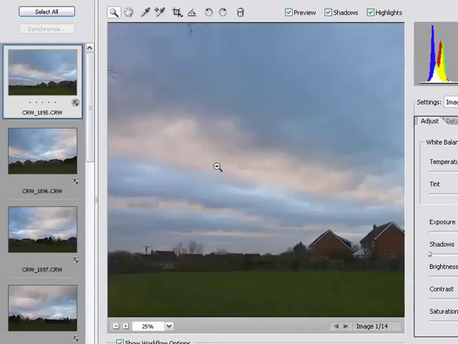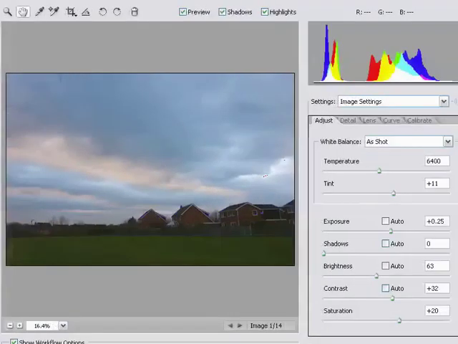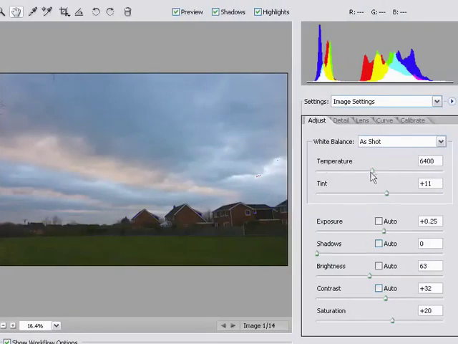Here's the view of the image in the center here, and if I scroll this window over a little, here are the sliders that allow us to change the settings for that image. Now first of all, I tend to go down these one at a time from top to bottom. Looking at this image, I don't see much of a colour cast. This image, the final panoramic after I've stitched it together, is going to be all about the colours in the sky. So I'm just looking at the blues and the sort of cyan blues and the oranges, and I'm thinking what I want is lots of detail and texture in that sky, and I want the colours to really stand out. So at the moment I don't see much of a colour cast that I want to correct,